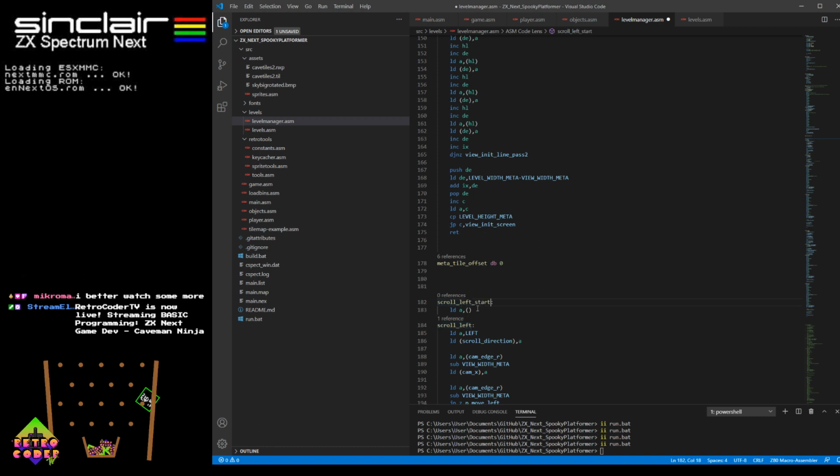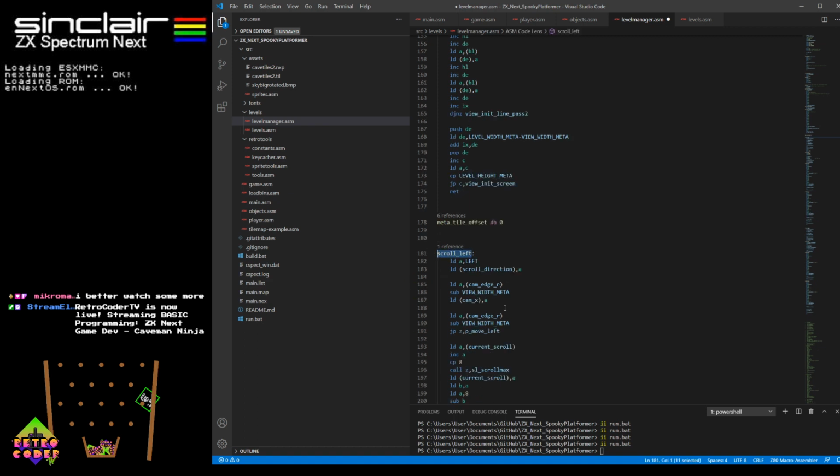Scroll left start. No, we don't want that. Because this gets called from inside the player routine when we try and move left, but we're at that position in the screen. Here we set the direction to left, look. So if we first